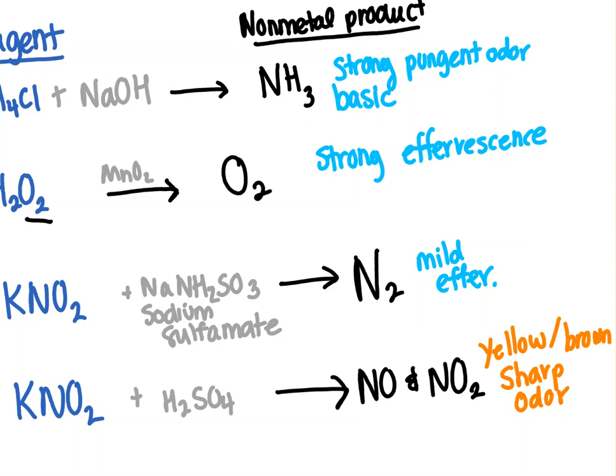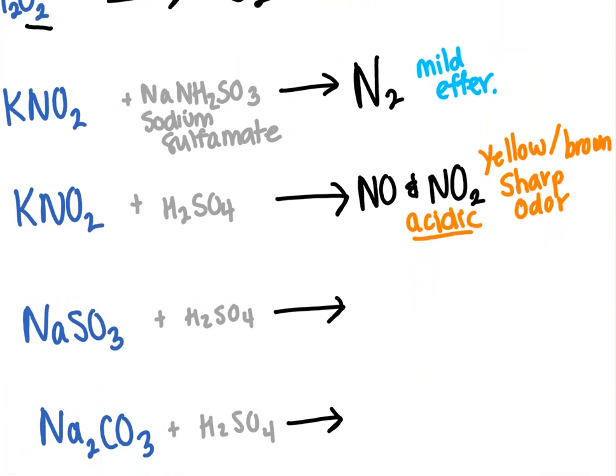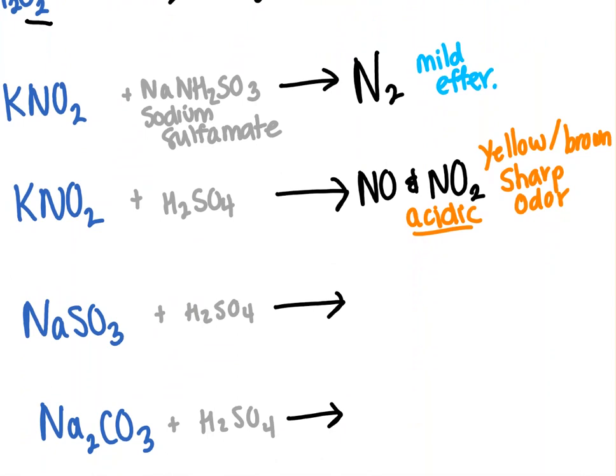These were very unpleasant to smell, burn your nose, and also they are acidic. And there are several that are acidic, and I'm going to show you the next few together because these three